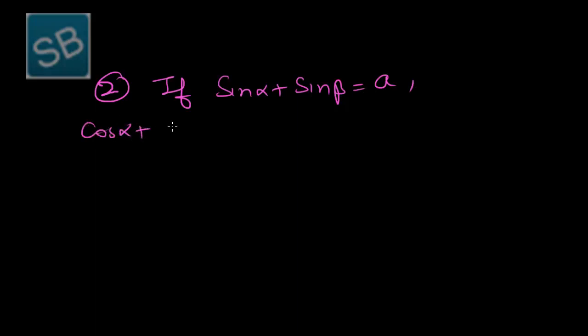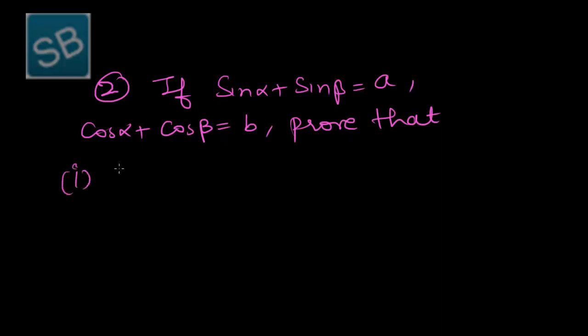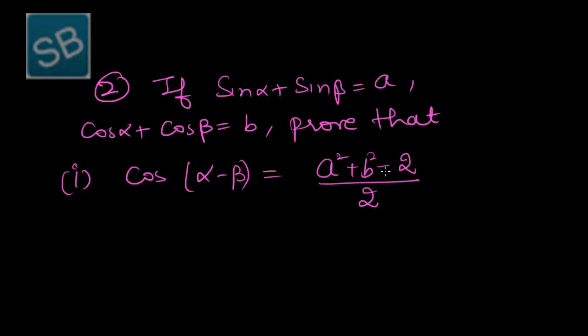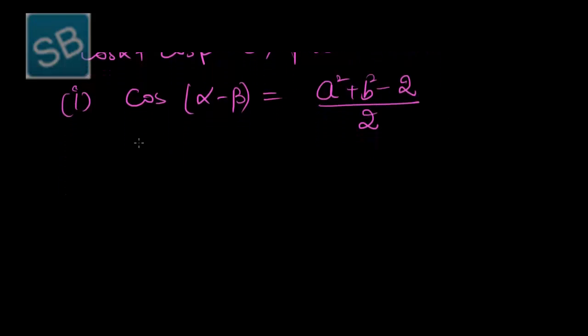Now the next problem is: sin alpha plus sin beta is equal to A and cos alpha plus cos beta is equal to B. Prove that first part, cos of alpha minus beta is equal to A square plus B square minus 2 over 2. So first of all we will do the first part, then we will take the second part. So the solution is,